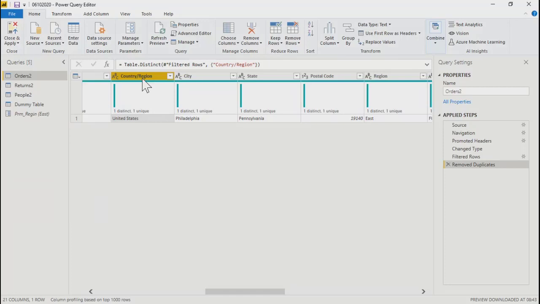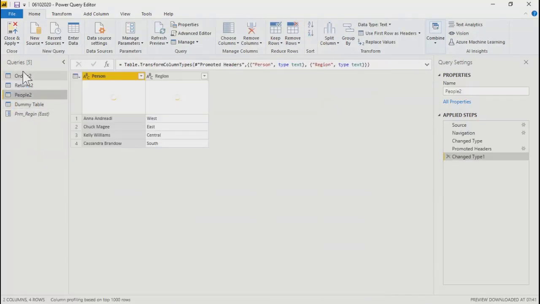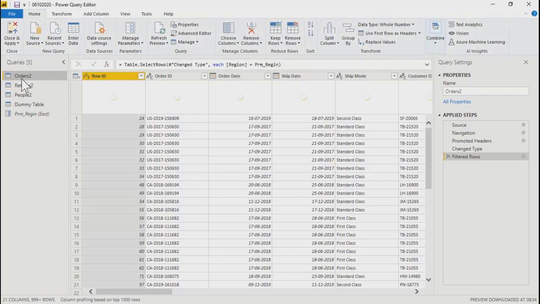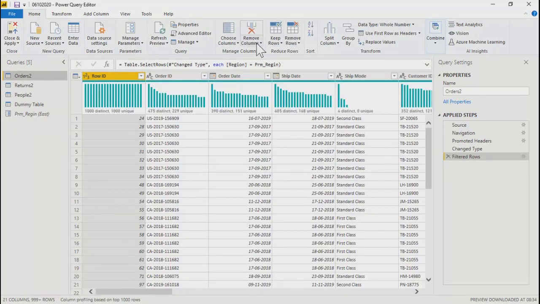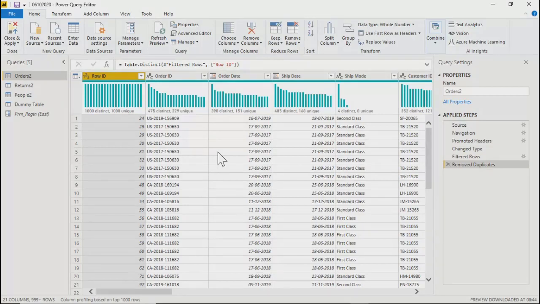Because country and region was selected, it has kept only one row and removed everything. Row ID, because it has all the unique values, it has not deleted anything. You can still see 21 columns and 999 plus rows.